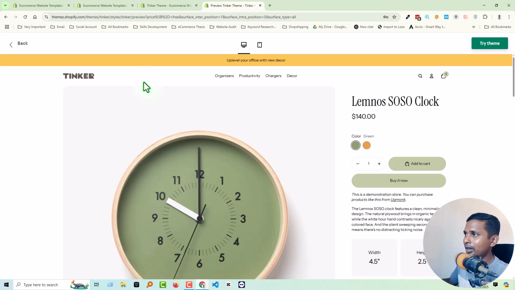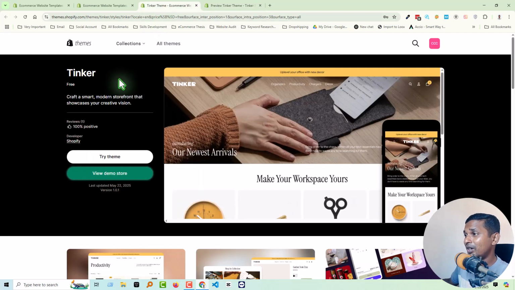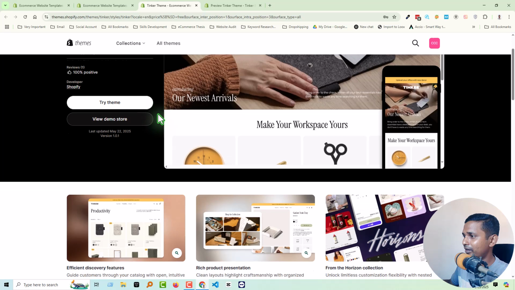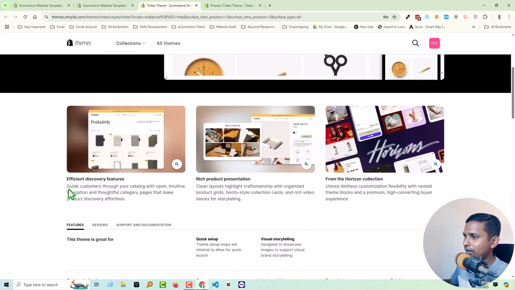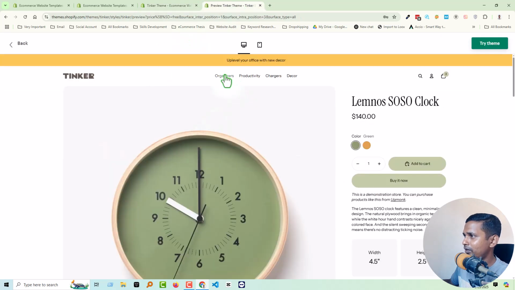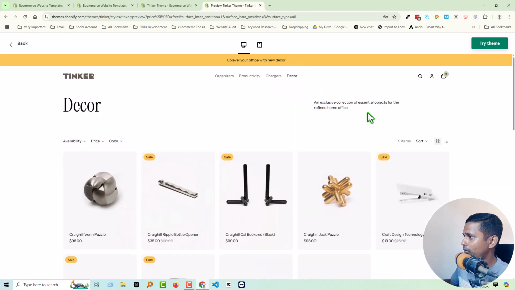Okay, so now we are going to the theme details section, and we have already discussed the theme name. It's free, has 100% positive reviews, developed by Shopify, and it crafts a smart modern storefront that showcases your creative vision. That means it's totally for creative products or ready-to-sell creative products. And here is the promo picture, the efficient discovery picture. So we should check out the shop page. Go to the shop page, for example, go to decor. Wow, you see,